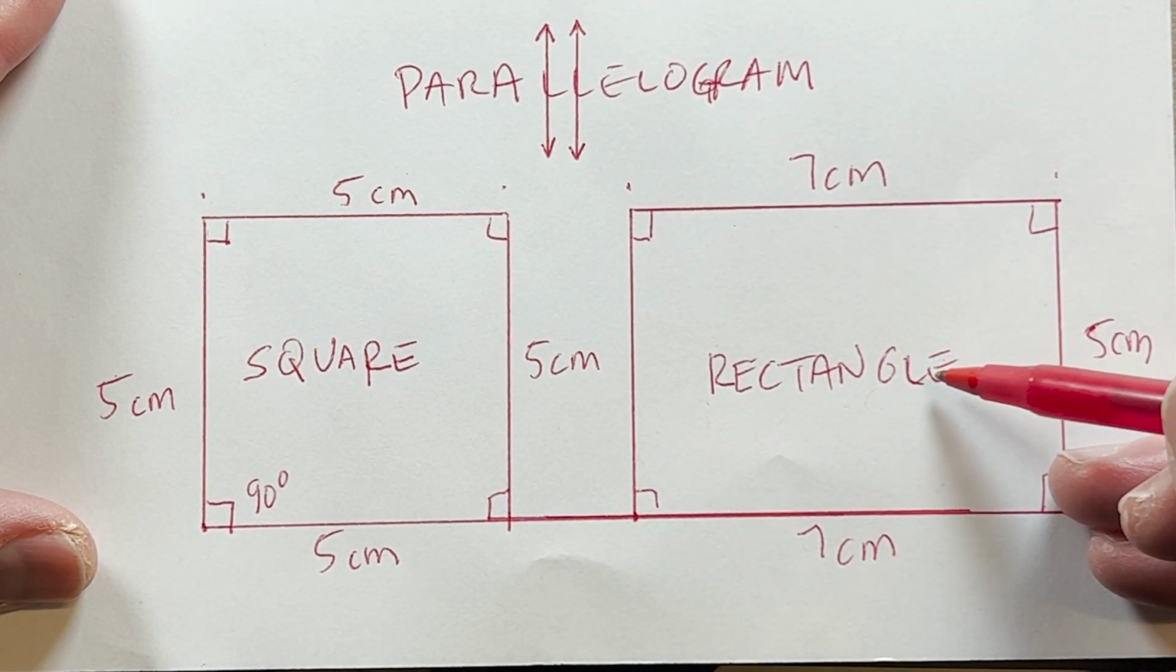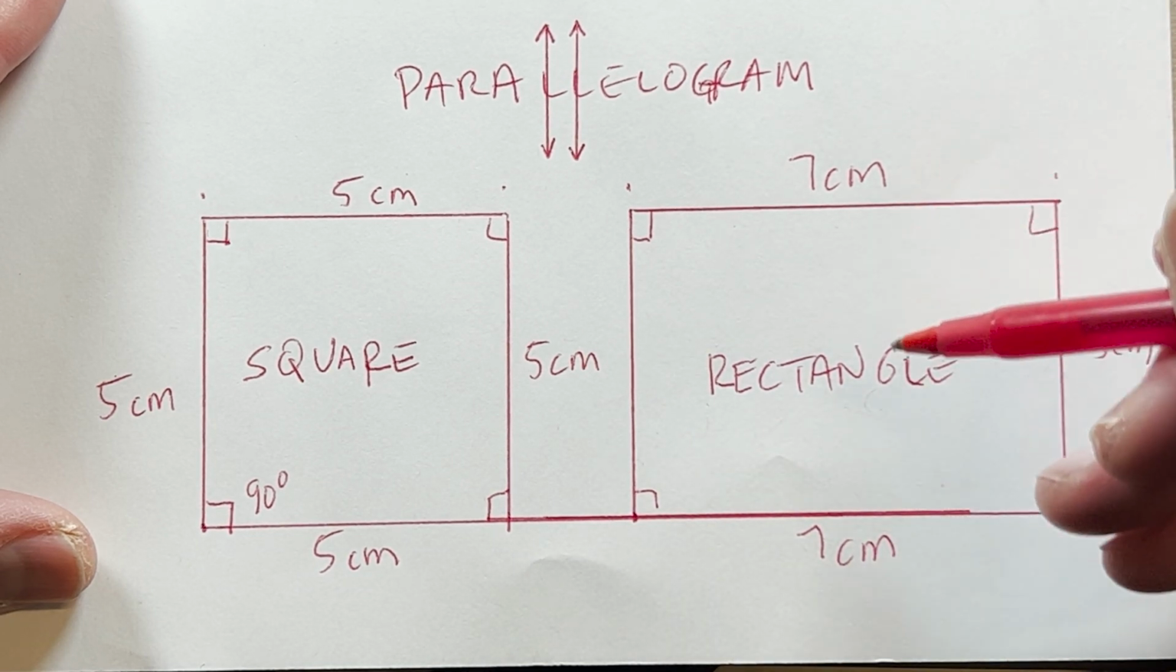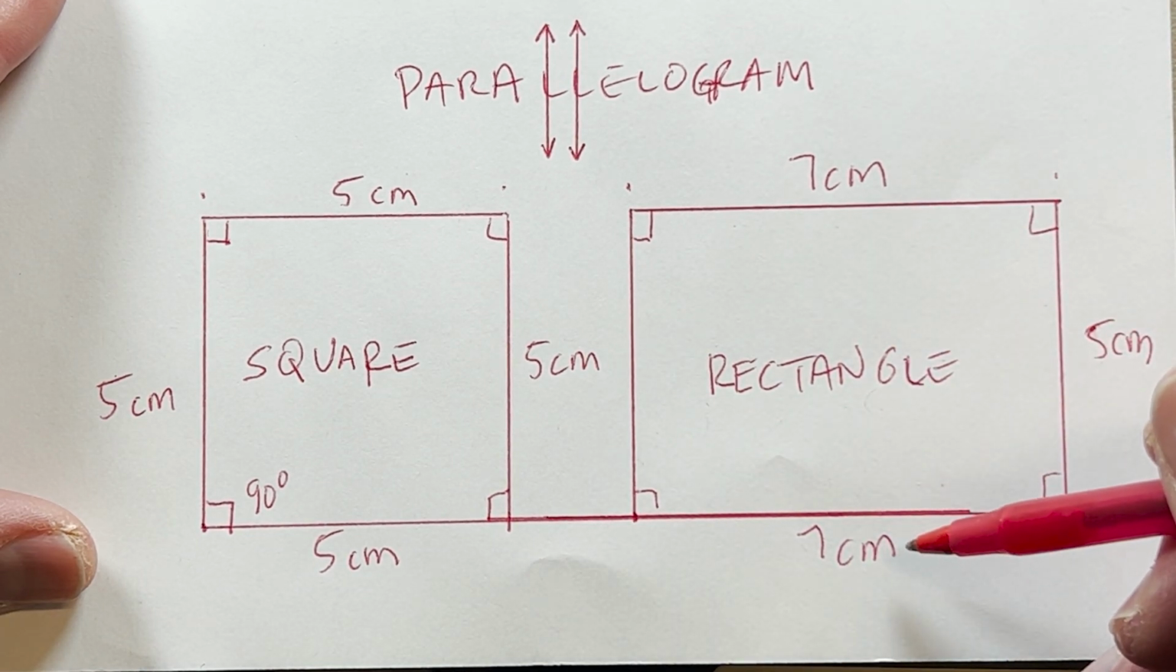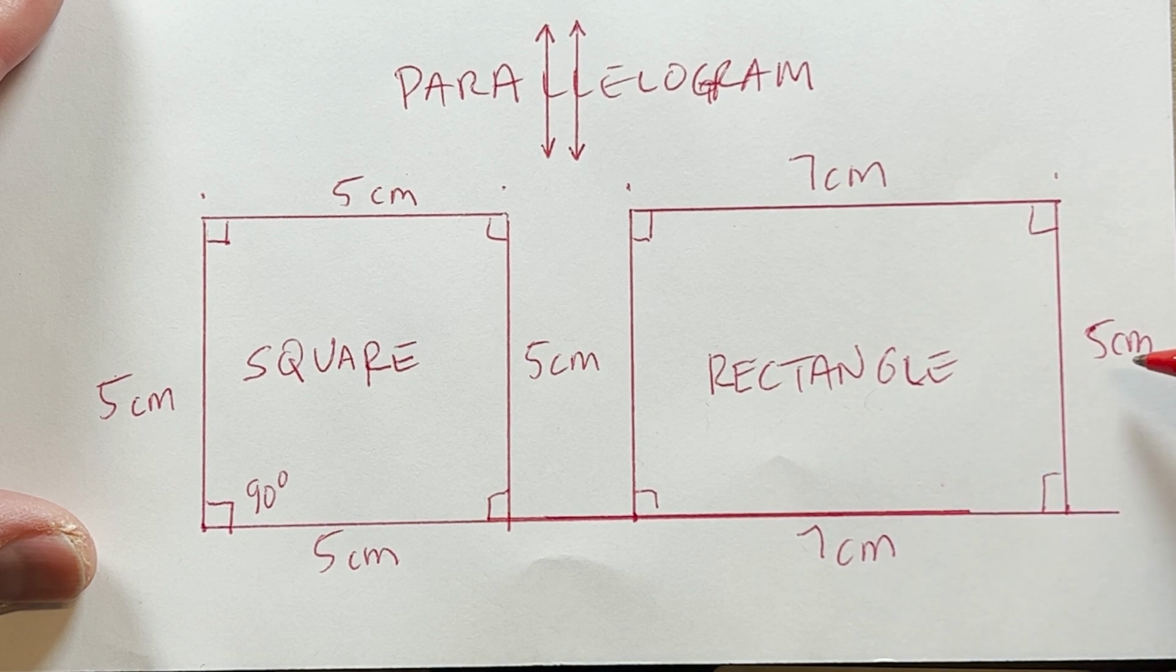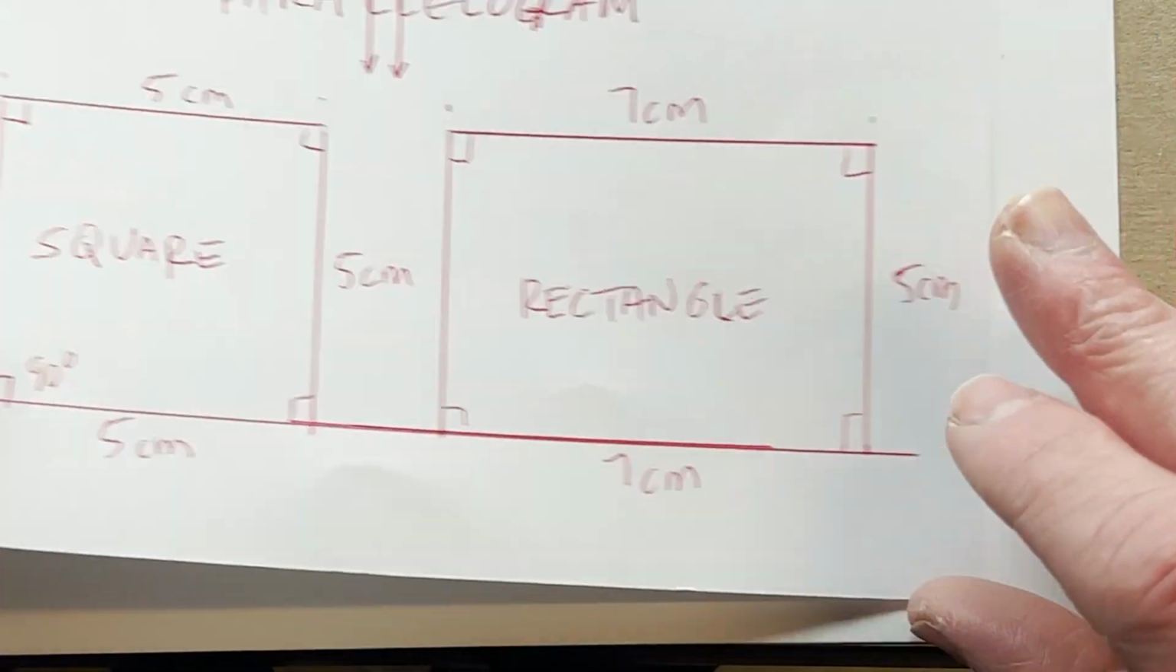It's a rectangle because it has 4 right angles, or 4 90-degree angles, like a square. And the sides that are across from each other are the same length. But it's different from a square because all the sides are not the same length. I'm going to make another parallelogram now